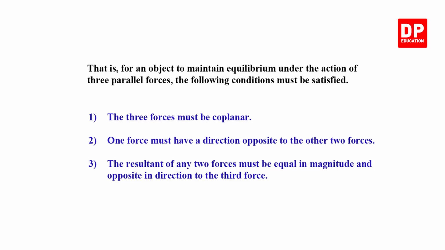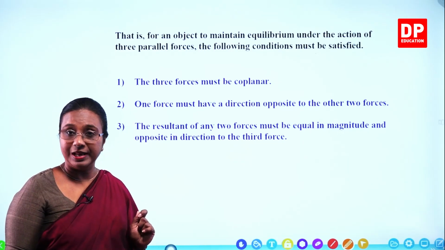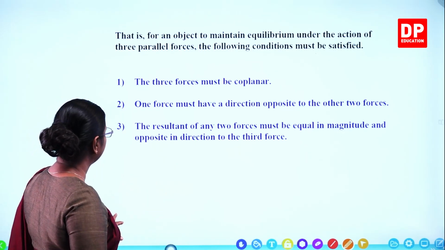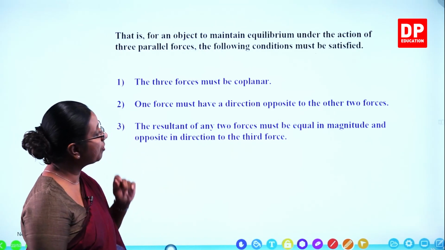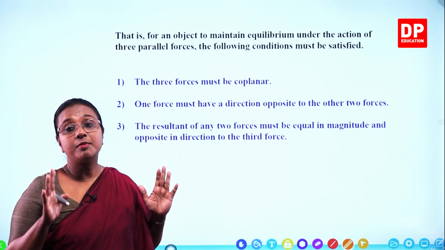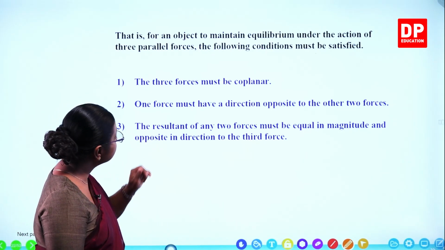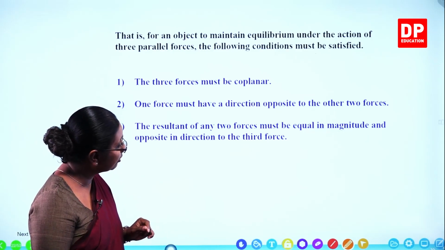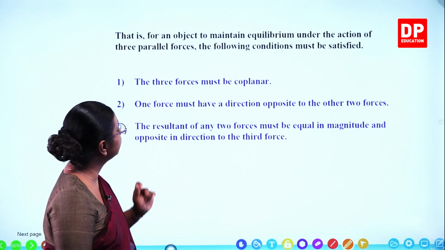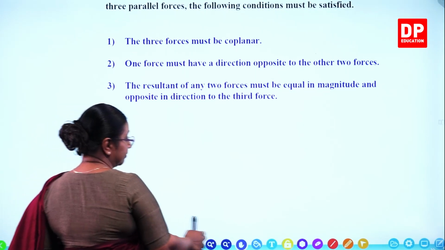So that is, for an object to maintain equilibrium under the action of three parallel forces, the following conditions must be satisfied. So here the three forces must be coplanar. So they have to be all on the same plane. One force must have a direction opposite to the other two forces. So like in the activity, the tension on the rubber bands were in the same direction, whereas the weight was in the opposite direction. The resultant of any two forces must be equal in magnitude and opposite in direction to the third force. So if we denote this in a diagrammatic manner,